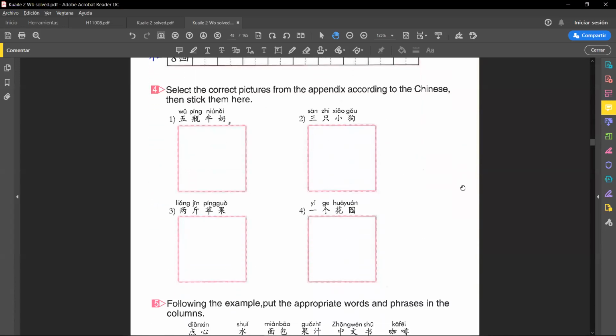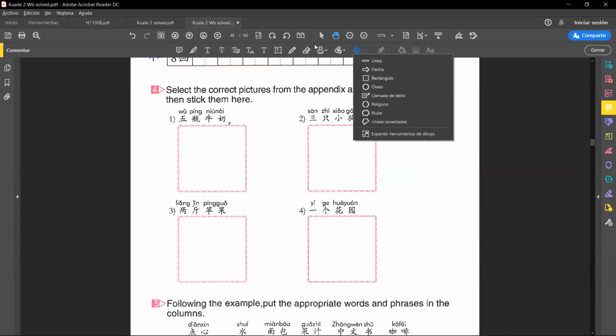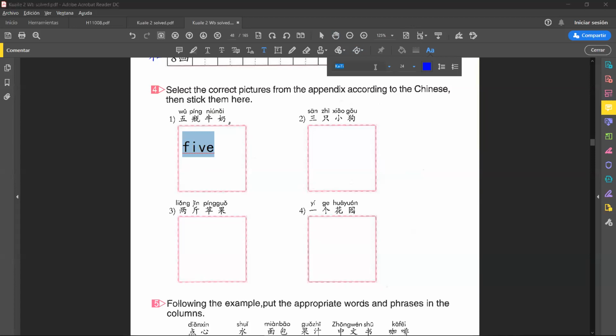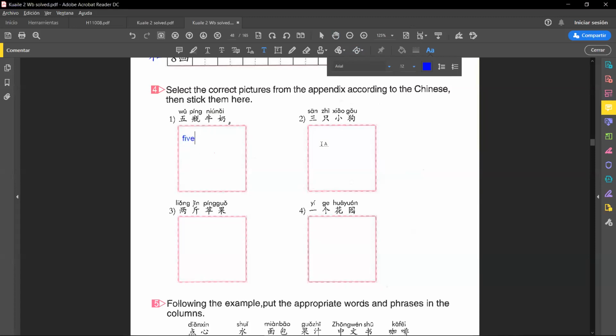As I don't have the stickers here, I'm just translating this, and if you have the stickers, you can use them. If you don't have the stickers, don't worry, make a little drawing, okay? I'm just writing here the meaning of these expressions, so you can put here the proper sticker, okay? So this one first, 5 bottles of milk, okay? Then 3 little dogs,